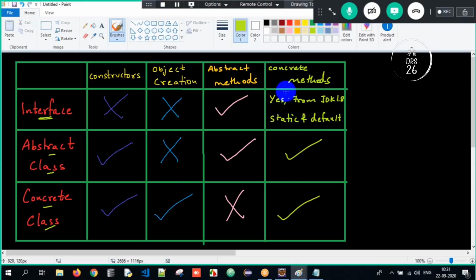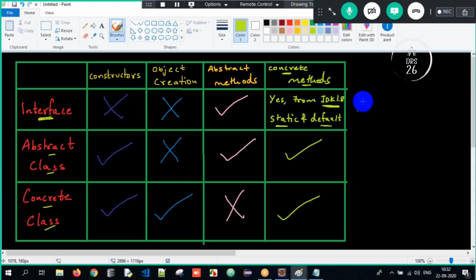A normal concrete method we cannot have no matter what.